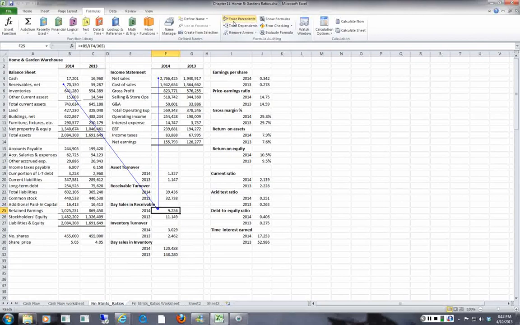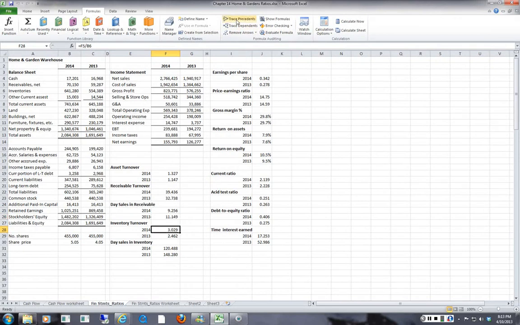So that's receivables collected in 9 days, just a little over 9 days. So they must not do much credit sales, must be people coming into the store and paying cash with a credit card or something like that. But where they've got a problem is in their inventories, because you see their inventory,